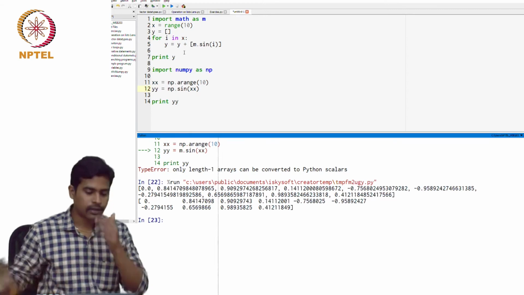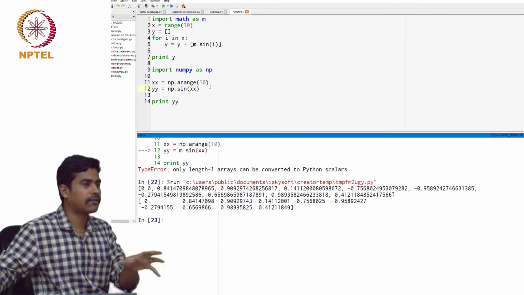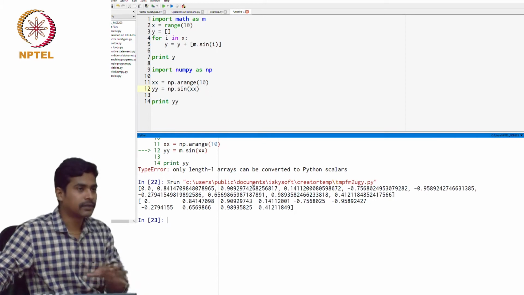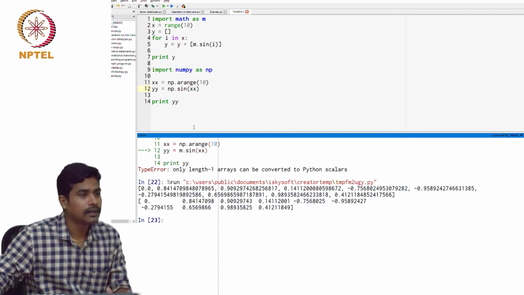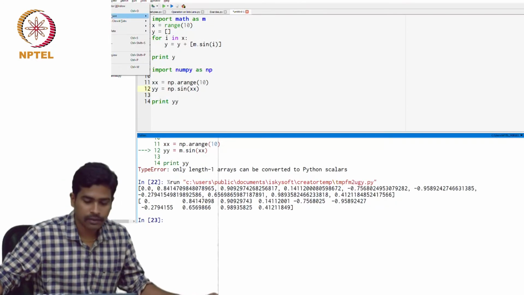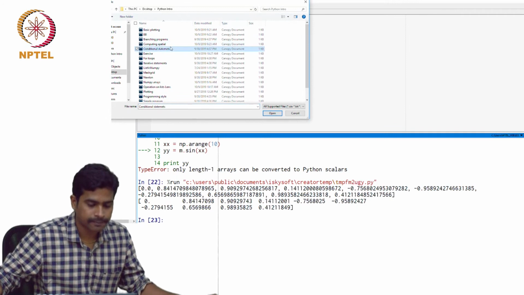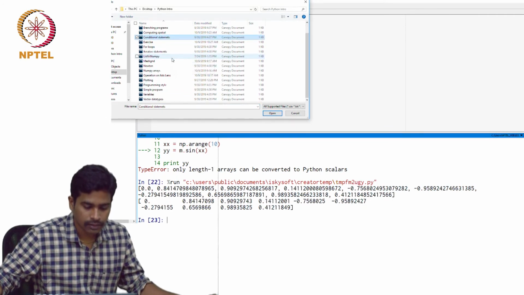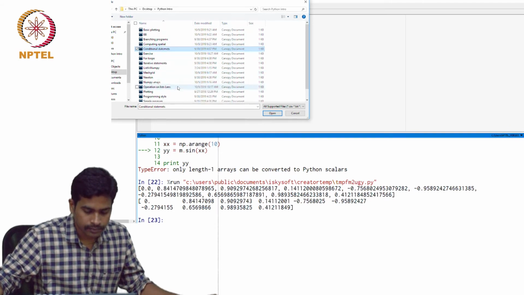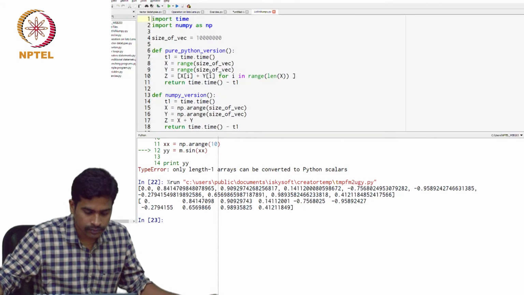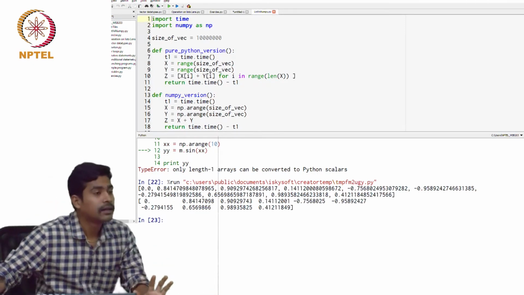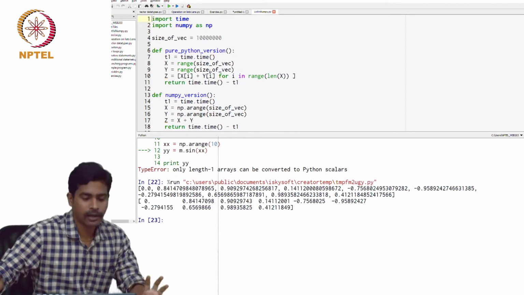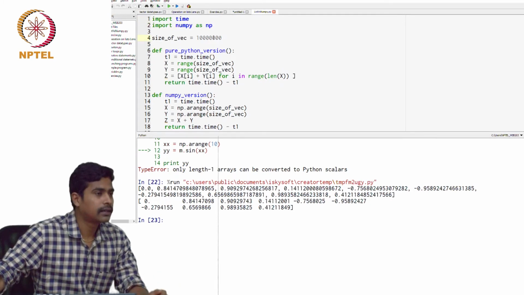Okay, instead of using math.sin, you have to use the sin function in the numpy library, otherwise it gives the error that we have seen. So these two are identical. I'll see if I have the program. Yes, this is a simple program I have written to compare the efficiency and the speed of operations when you use numpy and normal lists.